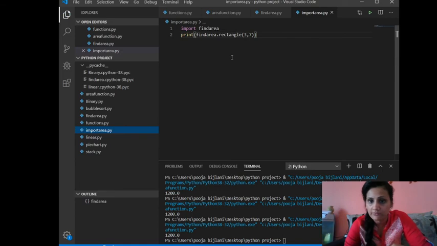There were 3 definitions, so I am taking the first one and I am providing the arguments also, that is the fixed arguments I am giving, 3 and 7. So this 3 and 7 will go in the file findarea first, and then go to the function definition of rectangle, get copied there, 3 and 7, and your answer will come back.